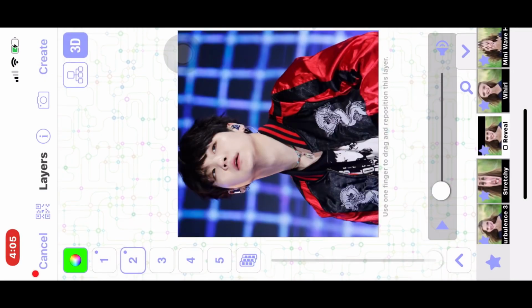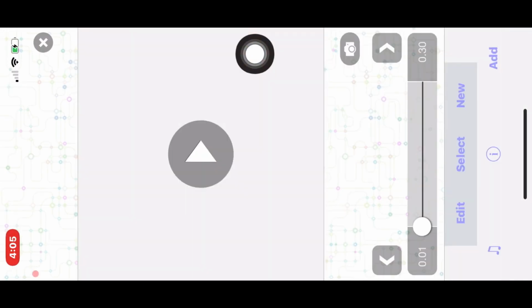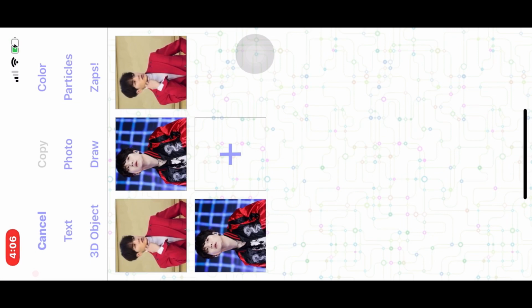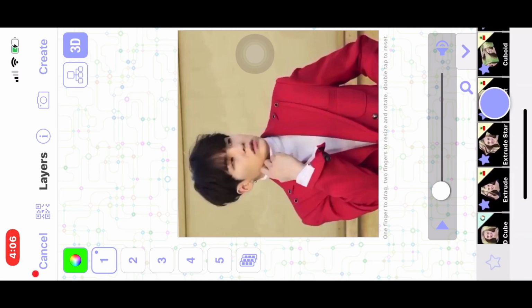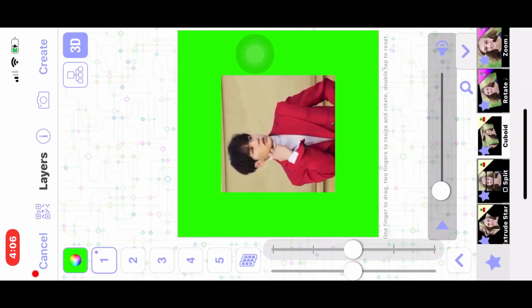Okay, so now it should look like this. And create. Now go to multi-layer again and press 3D. Make sure the color background is green, or again, just whatever color is easy to mask out. For layer 1, I'm going to use the picture that I haven't used yet. You can kind of do whatever with this. I'm just going to add the cuboid effect. You can add a star, a pyramid, even a phone element, but I'm just going to do a cube